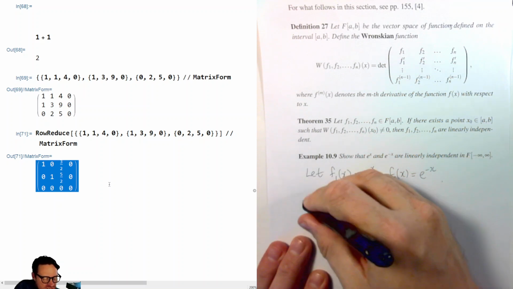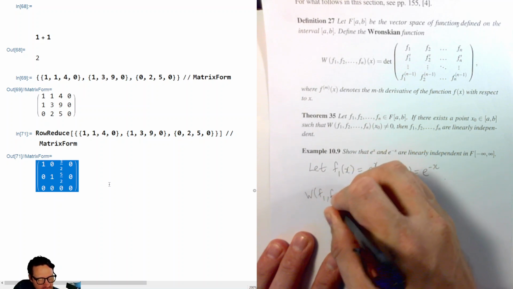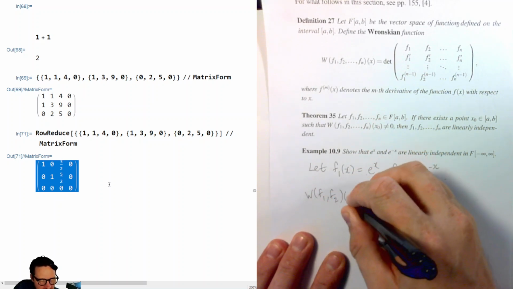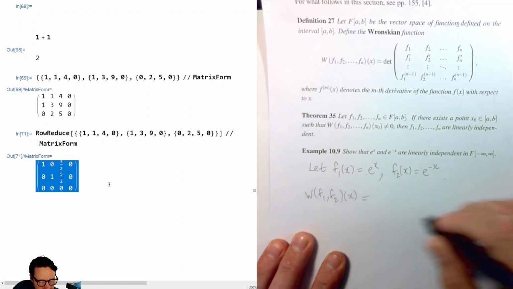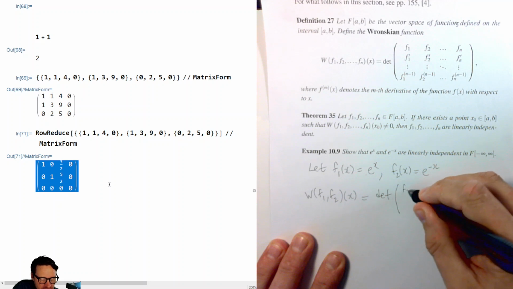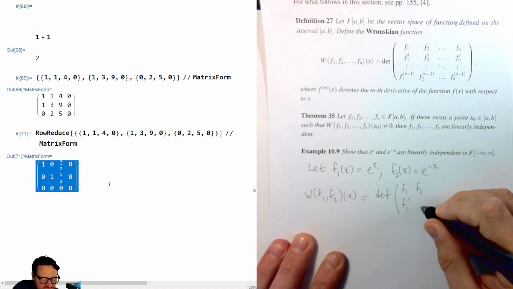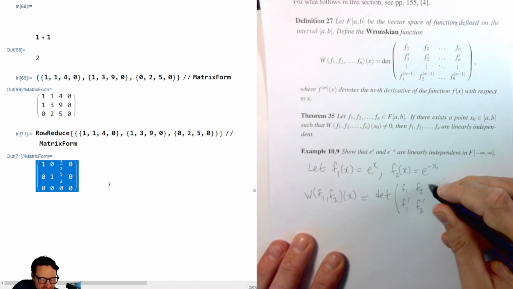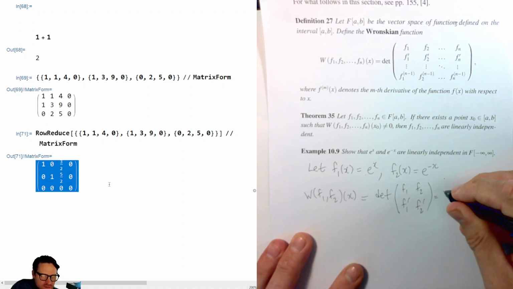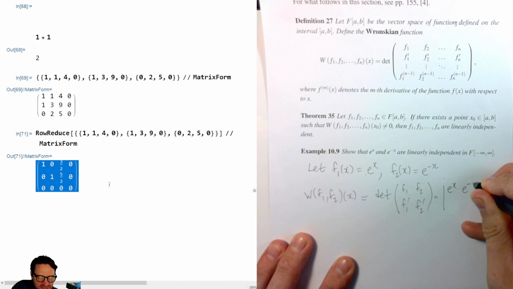Then our Wronskian of f1 and f2 as a function of x is the determinant of the 2 by 2 matrix f1, f2, f1 dash, f2 dash. So the determinant of e to the x, e to the minus x,